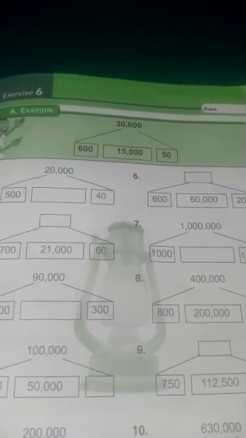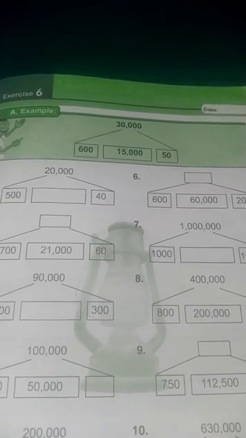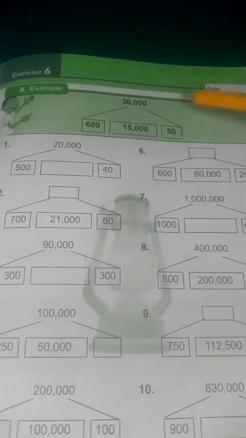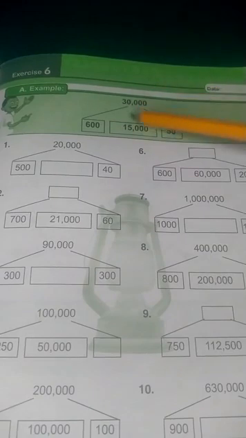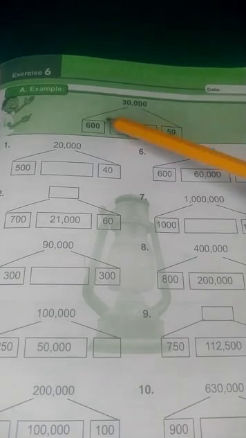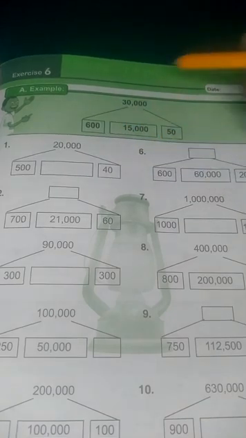Welcome back. Today we'll continue from exercise 6. If you look at the question, we're given only a single example. Now, there are two ways you could get your answer here. That is by saying 600